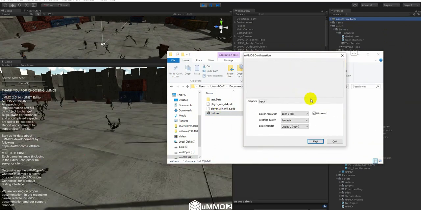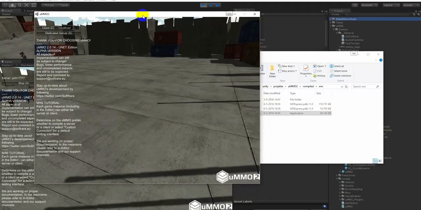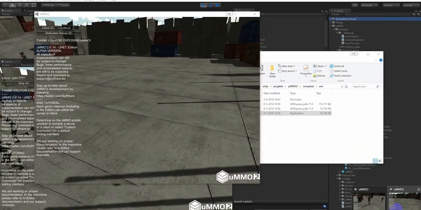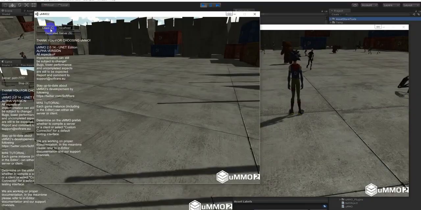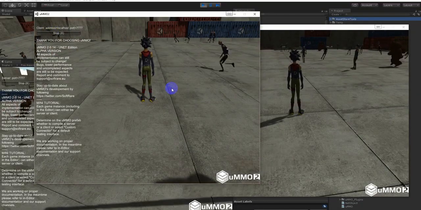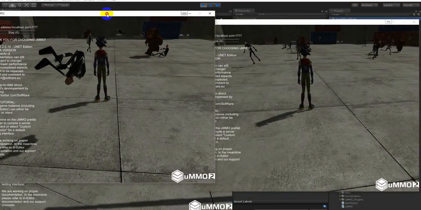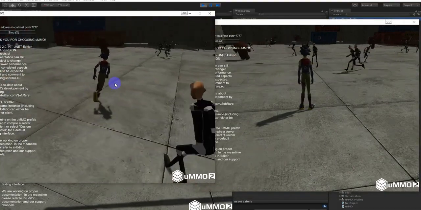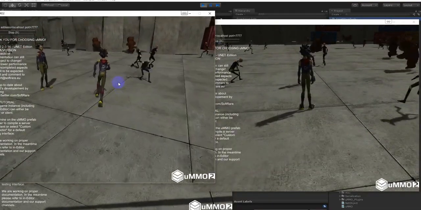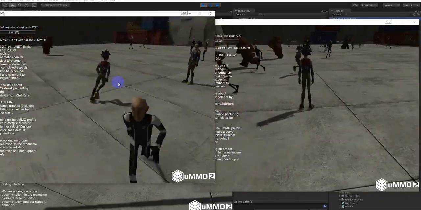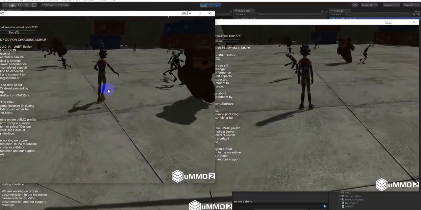This always opens on the other screen, so I then take it here into the recording field. So we have the one client here, and we'll make another here. As you can see, wait, just looking for the other guy. There he is. So both players are now visible, and I can run around